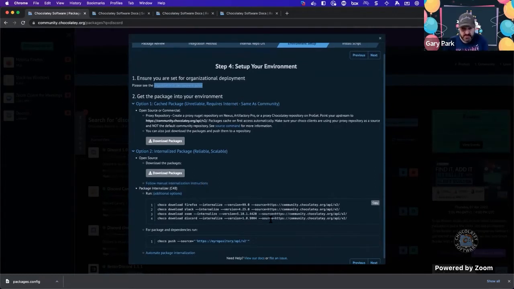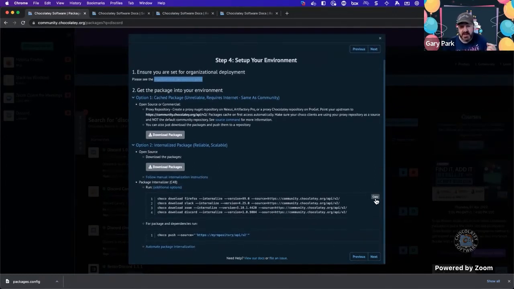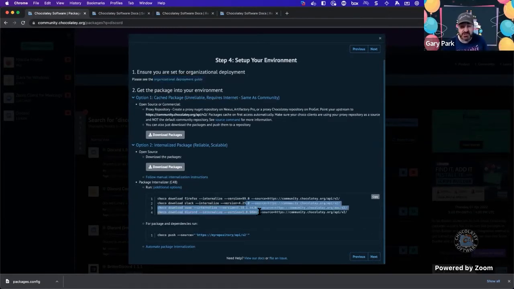Again, we attempted to make this as simple as possible, whereas you click the copy button and then you run those scripts. And then at that point, you would then push the internalized packages, all of these ones have come from the selections that you made within Script Builder. And once you've got all of those,